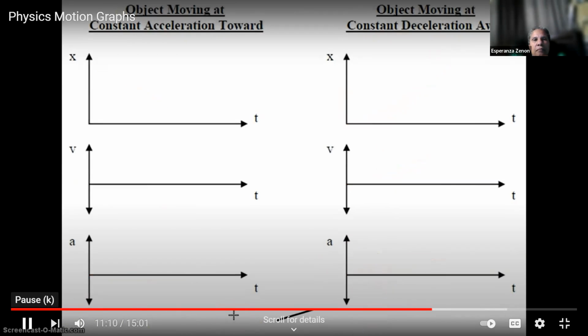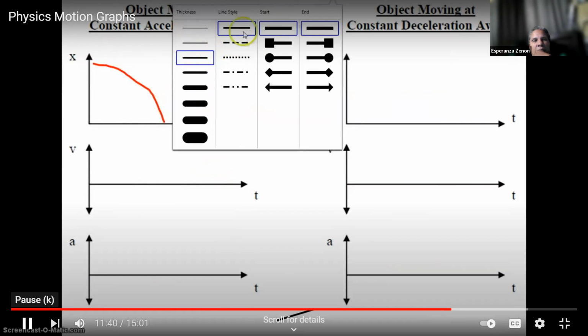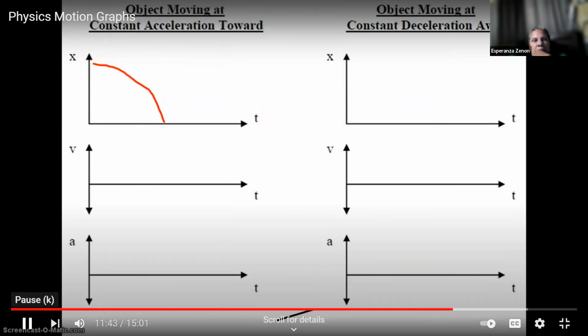Going to our next scenario, object moving at constant acceleration toward, okay. This, of course, means that the speed is increasing, but we're losing distance, getting closer to the point of origin. Okay, so this line would look something like this, slope downward. Try to draw a better curve than I can with my pen here on the screen. Okay, for the VT graph,